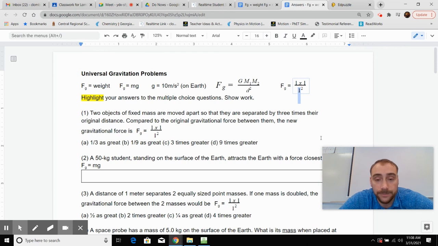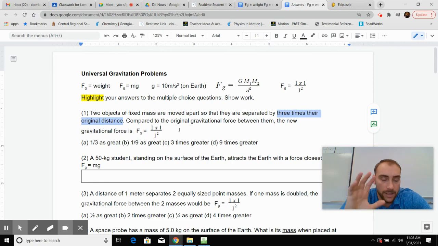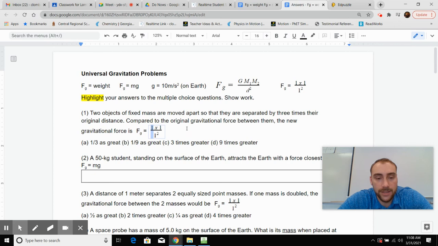So we're going to take a look at the first one. You have two objects, fixed mass, so that they're separated by 3 times their original distance. So compared to the original gravitational force, we don't have an actual value, so we're not multiplying anything here. Well, not multiplying what we've solved for by the original value to get our new value. So what we're going to wind up doing is, did they tell us anything about changing a mass? No. What about the second mass? Nope, not at all. So we're literally just going to have 1 times 1 as our masses,